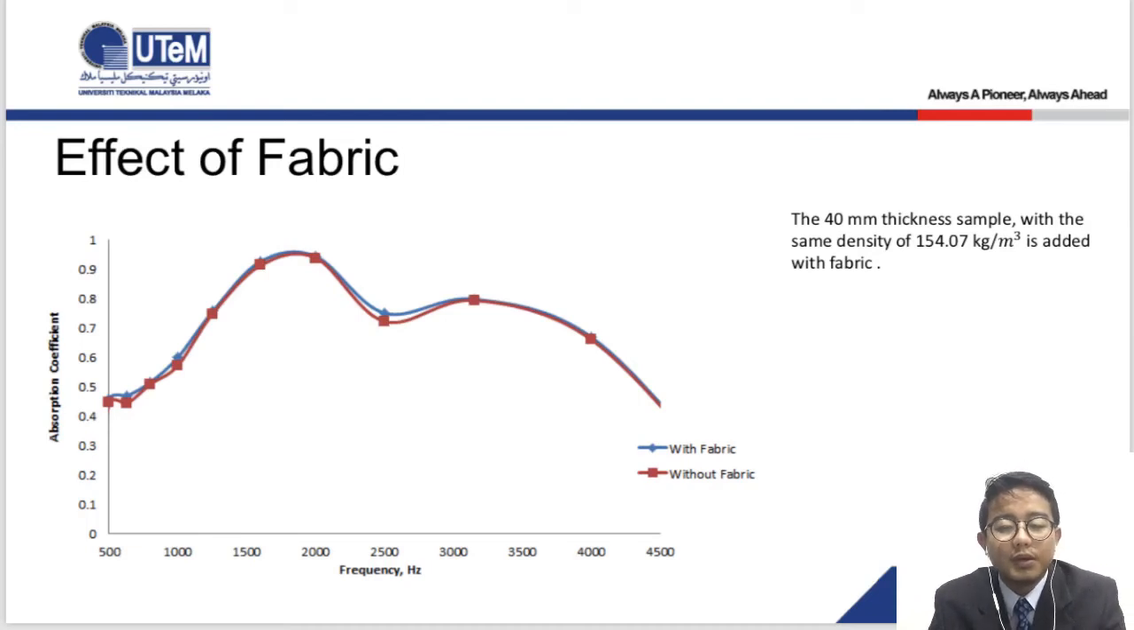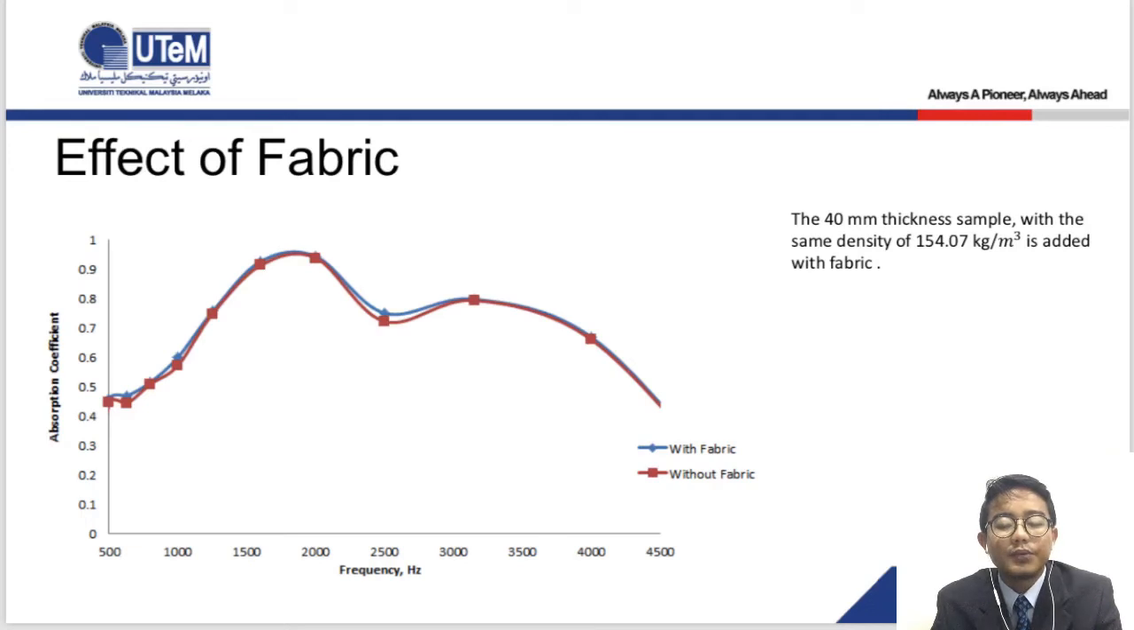From the graph, both of the samples show that they achieve a good absorption coefficient of 0.5 between 500 Hz and 1000 Hz. But the sample with fabric showed better results. This happened due to the absence of the fabric that was applied at the front and the back of the sample. Both samples achieve the peak absorption coefficient of 0.9, but the sample with fabric achieves it at the frequency